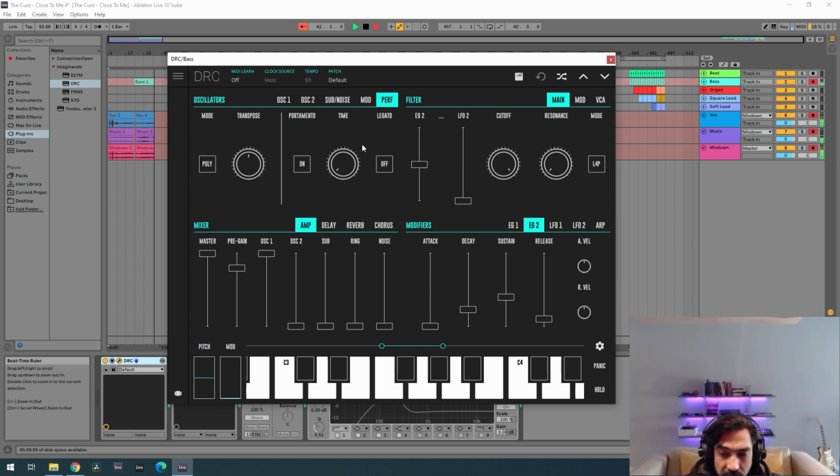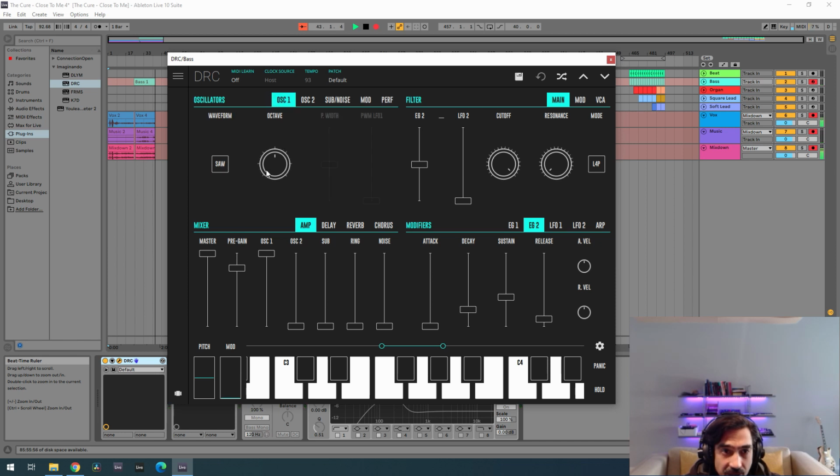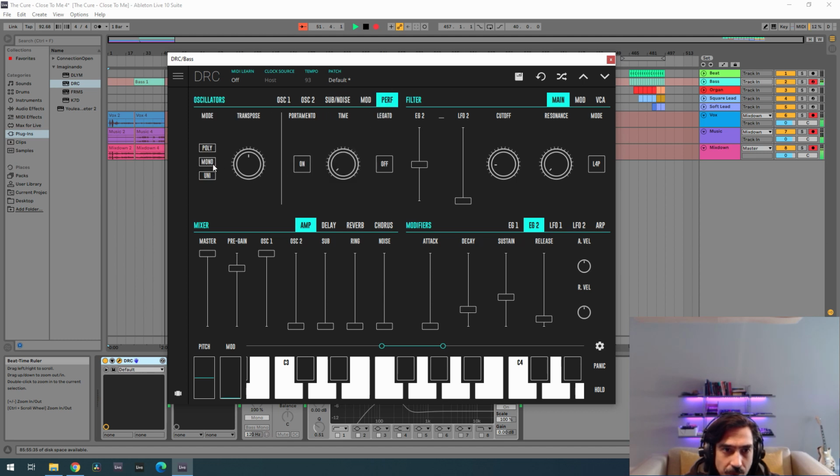So first thing we're going to do is first oscillator, we got a sawtooth, and we're going to change the pre-gain, just take a little bit of that bite to 797, just a little bit. Now drop the cutoff to 138. Performance from poly to mono.